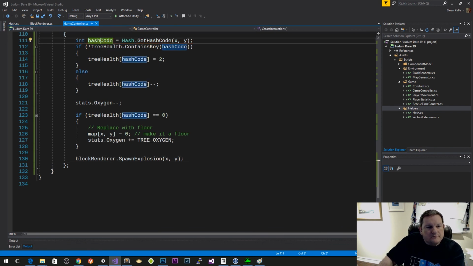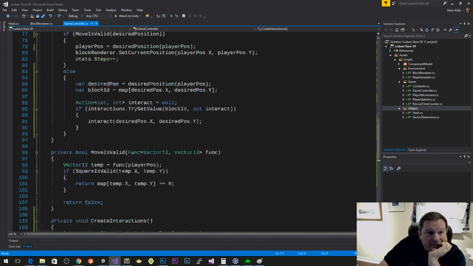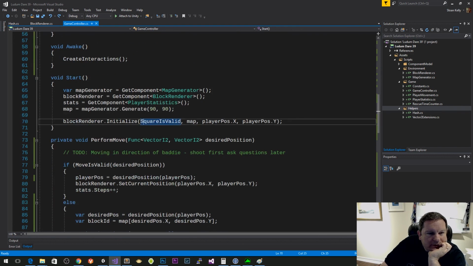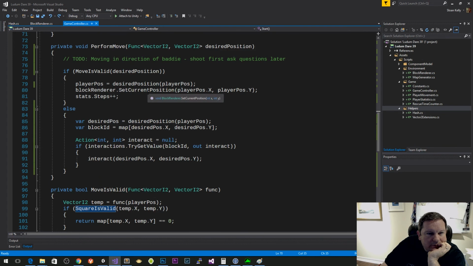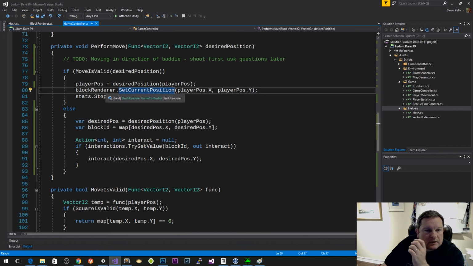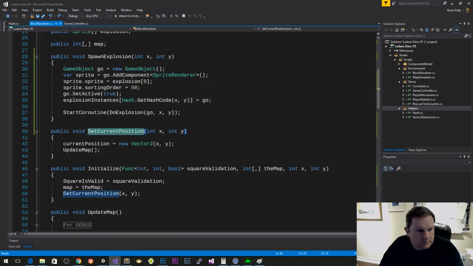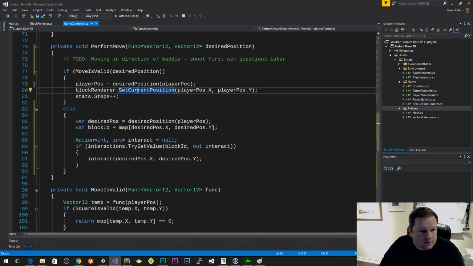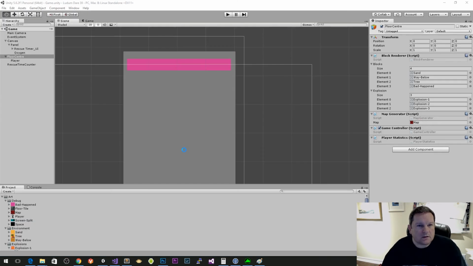Okay, so maybe the map needs to update faster. Okay, so the game controller only updates when you update the direction. So set current position, that does the update, and then maybe I want to have an update map as well. That's got an update map, okay. So otherwise, we'll update the map. So now,